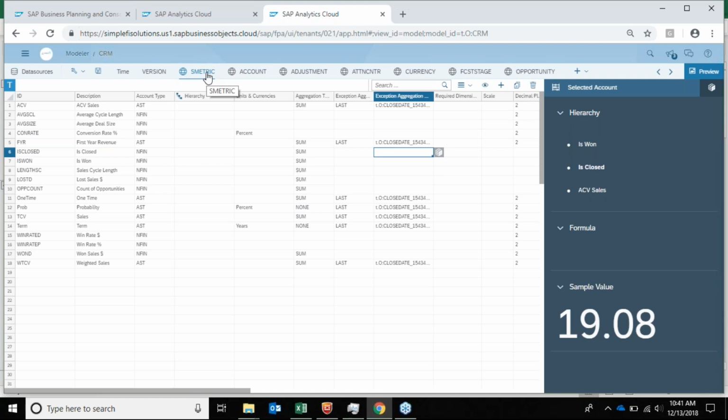You can create sales metrics. These are pretty standard within Salesforce, so you can tell which items are closed, which ones were lost, what the TCV was, first year revenue, term, deal cycle length. These are all very operational metrics that can help you track the performance of your sales organization. Let's see what else is important. So we have the forecast stage, like we mentioned. You can do opportunities in here. You can further break it out by product. You have the sales roles. To get a better look at,